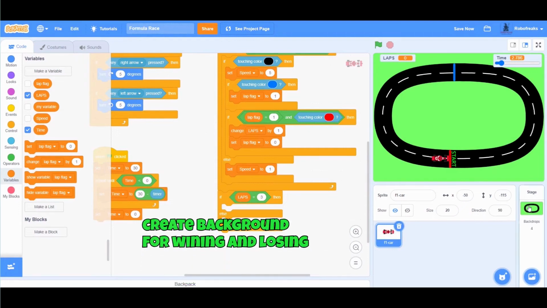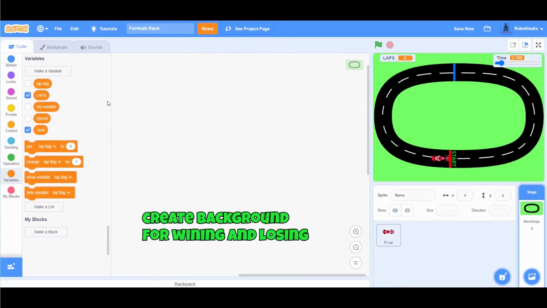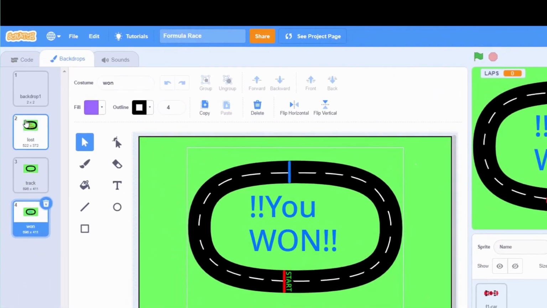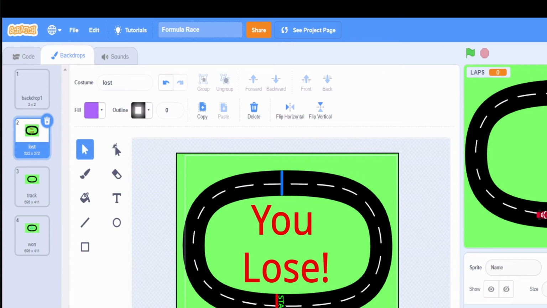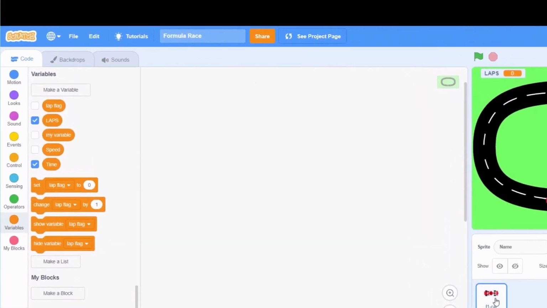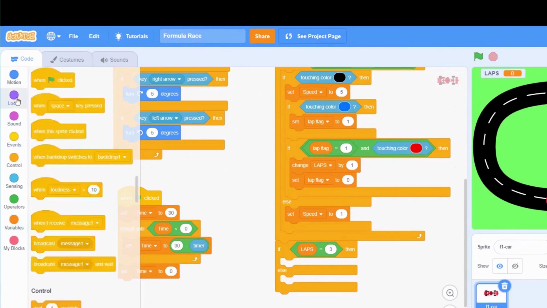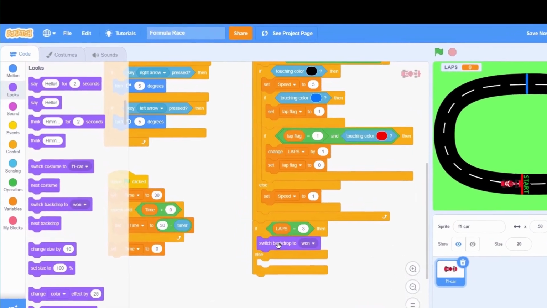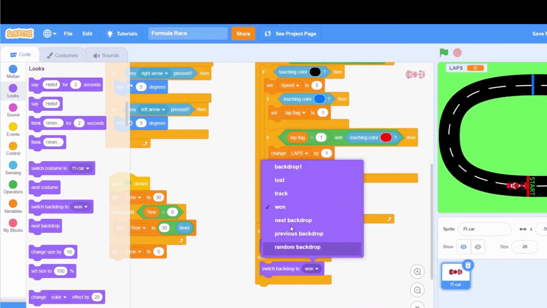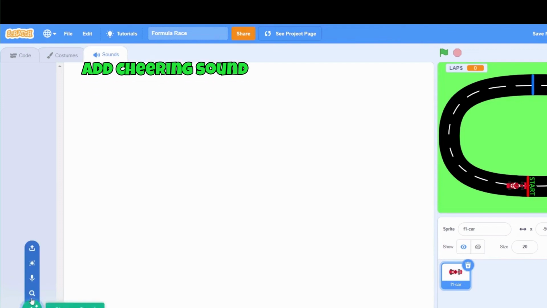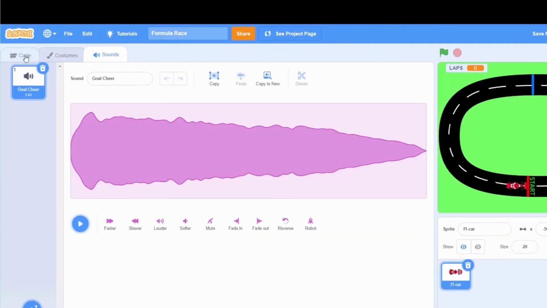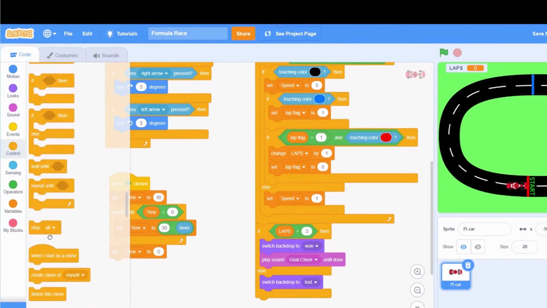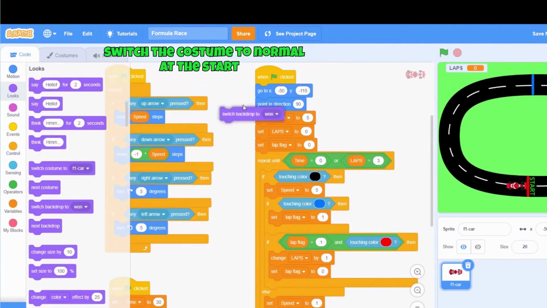I have already created 2 different backgrounds for winning and losing. See. Switch the costume to won or lost depending on what happened. I will also add a cheering sound if the player wins. Don't forget to switch the costume to normal track when the game starts.